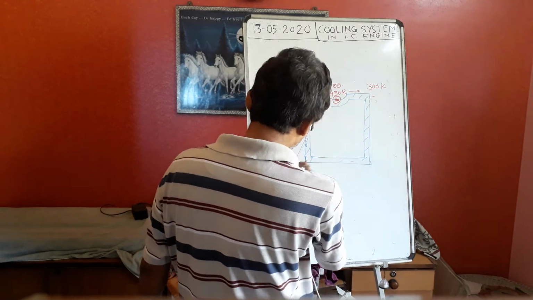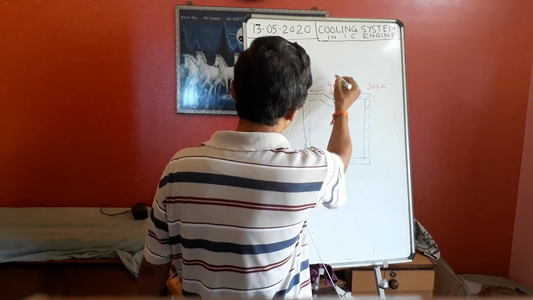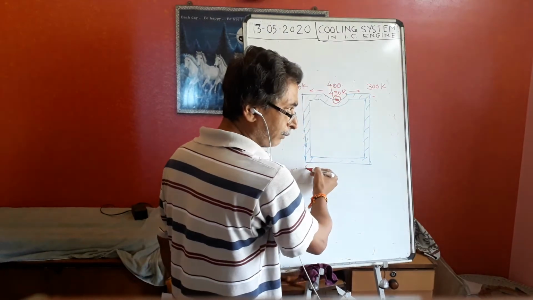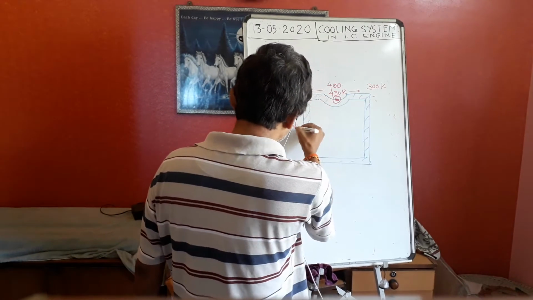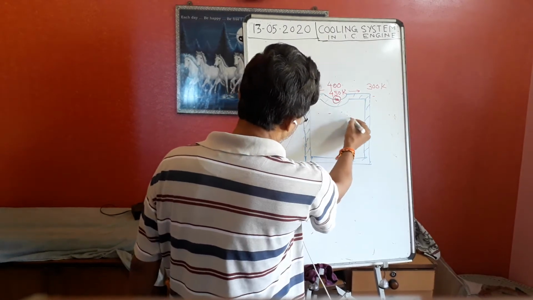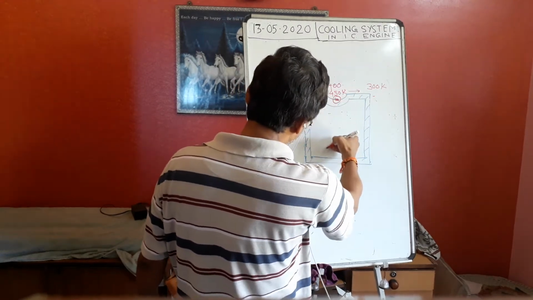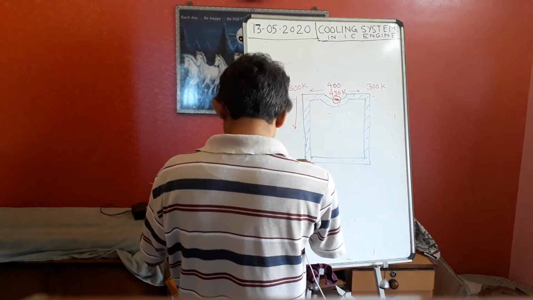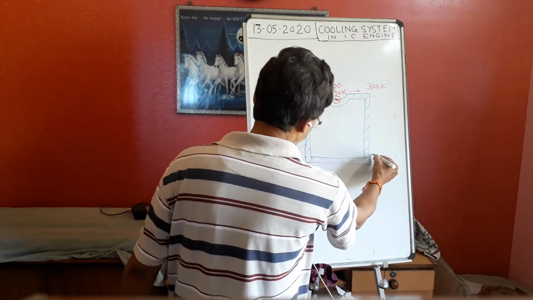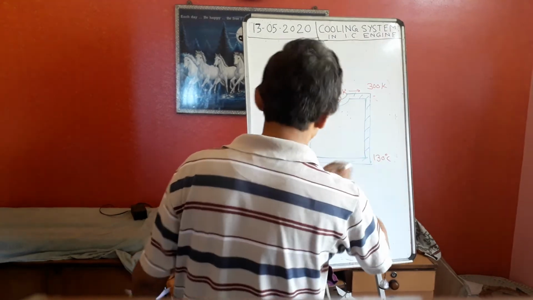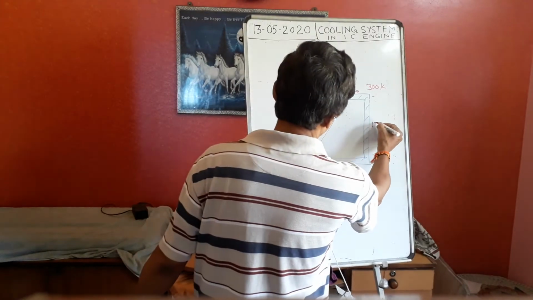The piston is going down, from TDC to BDC. This is the piston facing the spark plug, and this is far away from the spark plug. If we go towards these sides, the temperature will again drop, because combustion is taking place here and heat will be transferred into the piston, so gradually the temperature will fall. Here it will be nearly 130 degrees centigrade, and in between it will be 150 to 160.